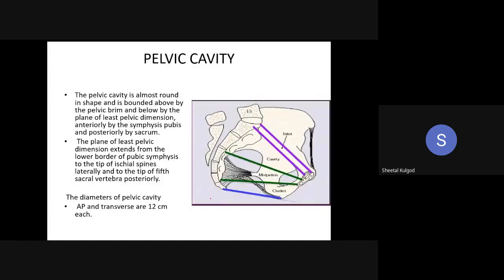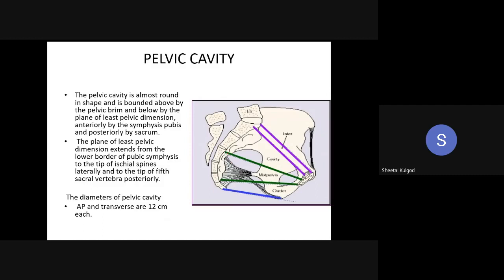Now coming to the pelvic cavity. As we discussed earlier, the whole of the pelvic cavity is divided into the inlet, then the mid cavity proper, and then the outlet. What you can remember here is that it is bounded by the pelvic brim above, and there is another plane in the pelvis called the plane of the least pelvic dimensions. So this is the area we call the inlet. Now the plane of the least pelvic dimensions extends from the lower border of the symphysis pubis to the tip of the ischial spines,